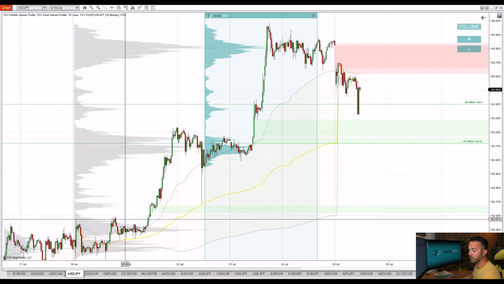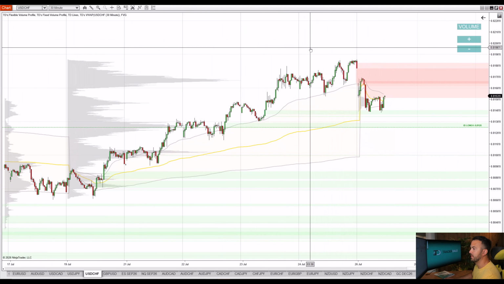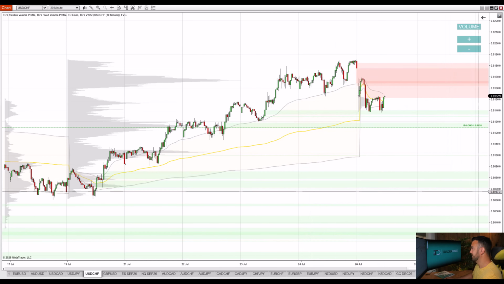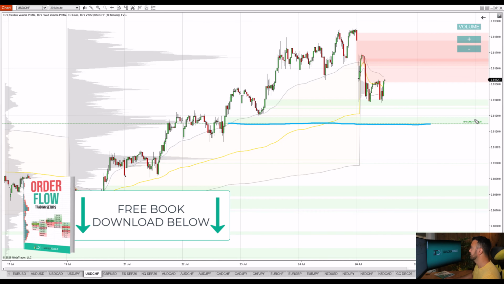Let's now move forward and take a look at the US dollar Swiss franc. So again, we are looking at a 30-minute time frame. This time this is the US dollar Swiss franc. And I have a support level that I want to trade, and it is this one. The level is at